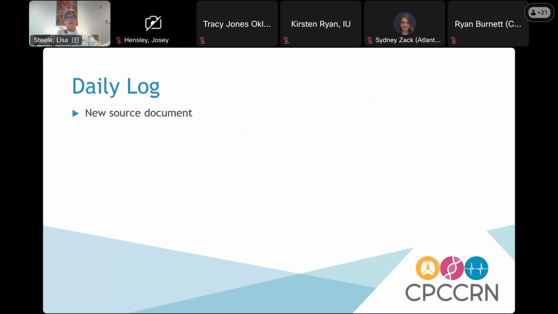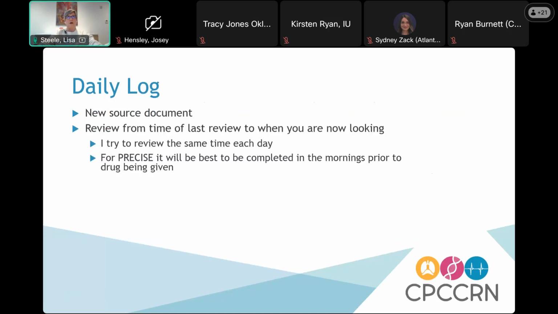This is a new source document for us. We want to review from the last time, which I told you, about 24 hours. If it's a medication study, you want to probably try and complete at least a quick screen to make sure there wasn't anything at the level of a serious adverse event before ordering that day's drug, or do you have to hold that day's drug because a serious adverse event did happen before the PI can review, things like that. So we do that